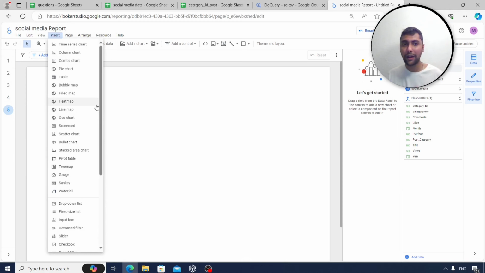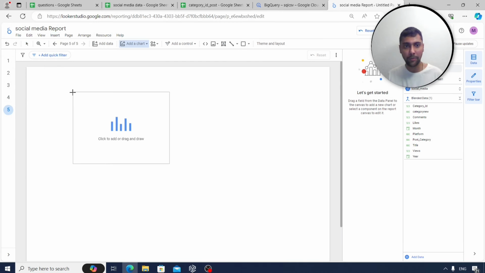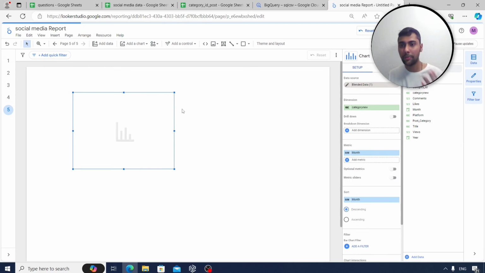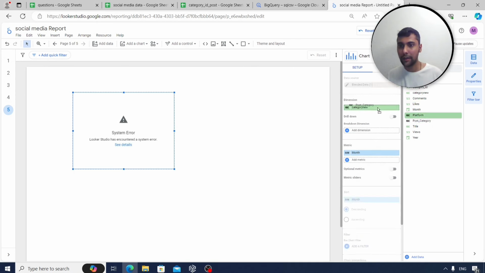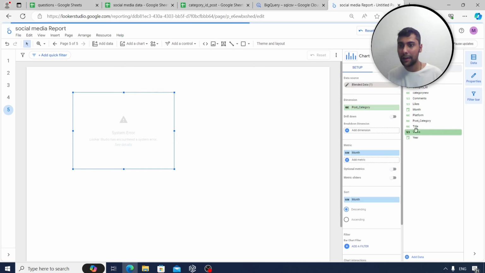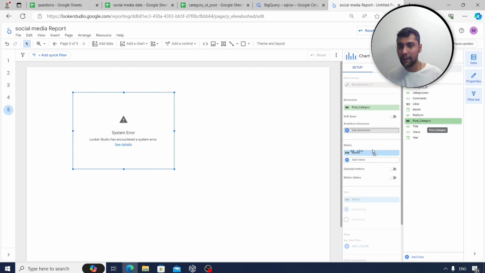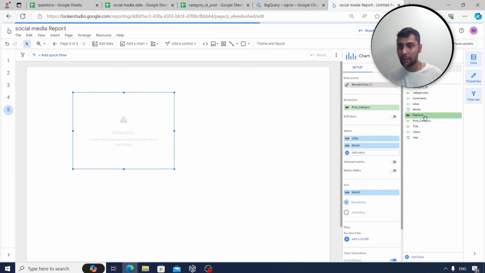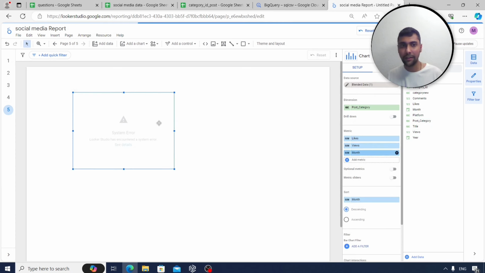This time, let's say I want to add some simple charts. So for example, I could select column chart, right? Column chart, I could, for example, put post category, right? That's a simple example, and see, okay, what is the trend in terms of likes and also in terms of views. Okay, so we could do simple things like this,